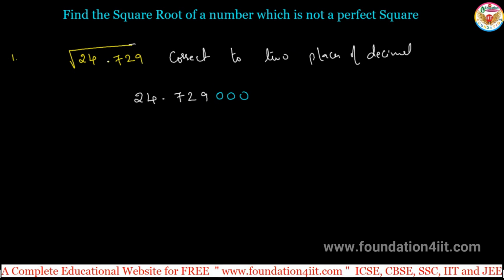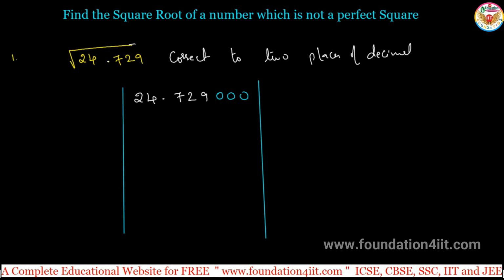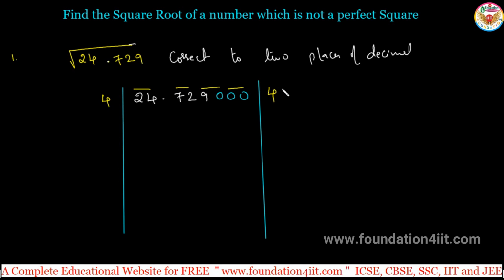Now for this you need to find the square root. The same division method will apply. Let us see how to do this. From the right side you need to mark 2 2 sets. After the point there should always be an even number of digits. And 24, so the first one is 24. 4 4s are 16. Same place: these 2 places, the quotient and this divisor place, must be the same. 4 4s are 16, because 5 5s are 25, which is more than it. Subtract this: 24 minus 16 is 8.